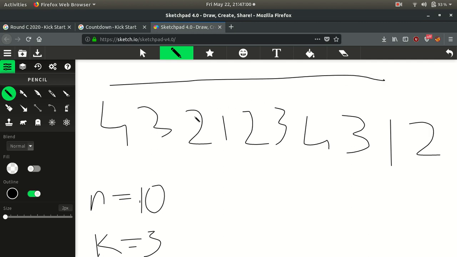Okay, so what we will do, we will pass the array from the left to the right and just find the element from the array which has the value k, and just verify that the next k elements are less than the previous elements. Okay, so for example here we have k is equal to 3, then when we come at 3 we will just check that the next element is less than 3. Okay, so for example here the next element is 2.